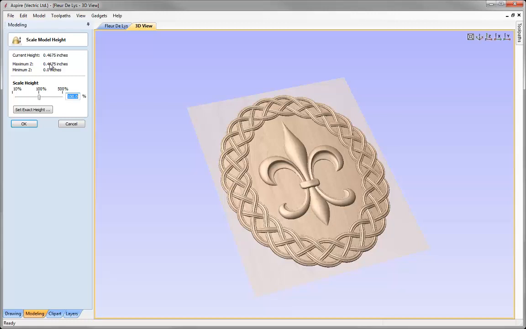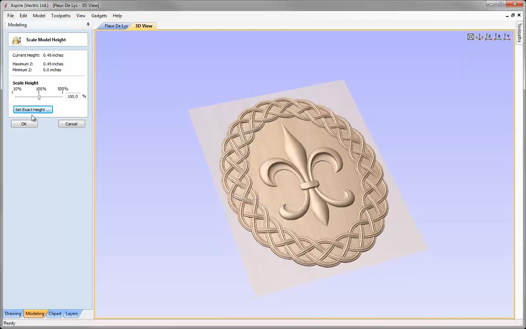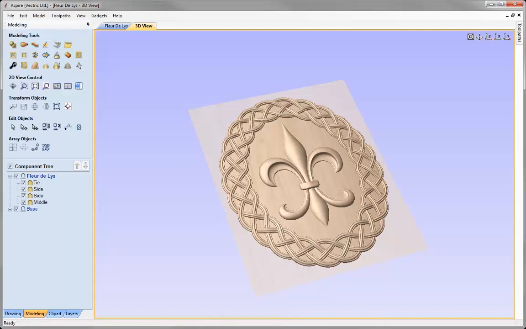part. And in here what I can do is I can very precisely set the height of the overall model by using this option here to set an exact height. So in here I'm just going to alter that and make that 0.45, press apply, that will update, and then we can close that. I'm going to OK that, so now we have a composite model that's highest point is